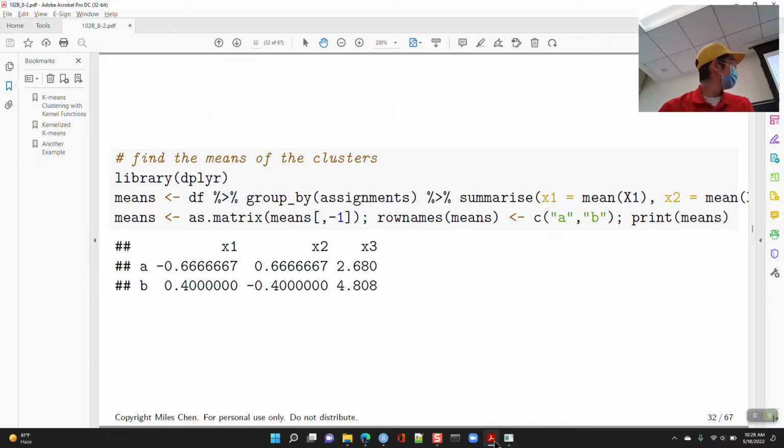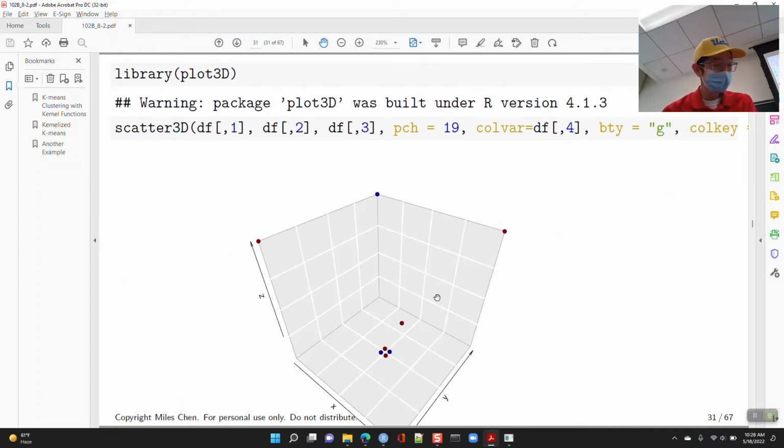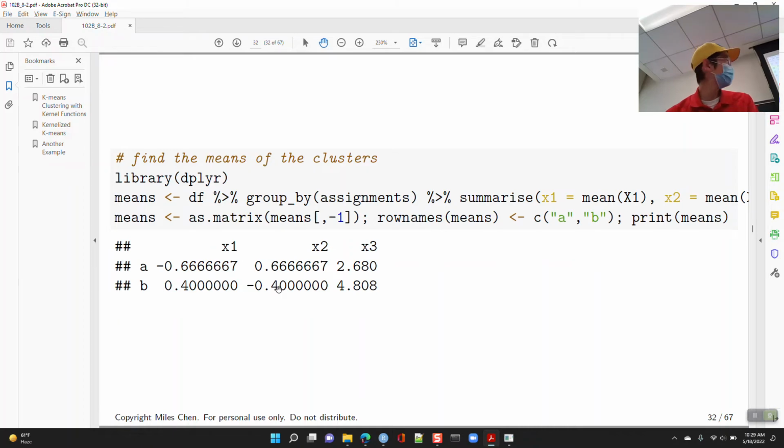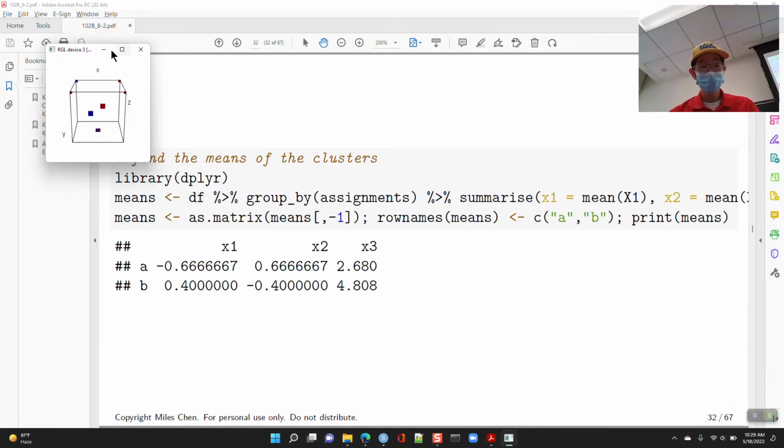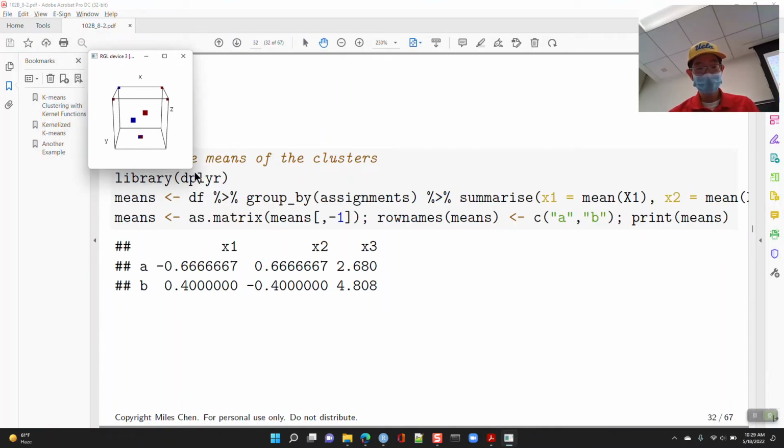Okay, so this is the plot, and it's really hard to see on the projector, but this point is red, this point is red, this point is red, this point is blue, and then I've got 2 red points down here and 2 blue points down here. So we're going to find the centroid of the 5 red points and the centroid of the 3 blue points, okay? And this is the centroid of, I think, the 3 blue points, and this is the centroid of the 5 red points. Here is a plot of those things